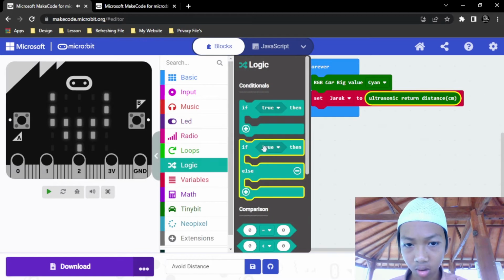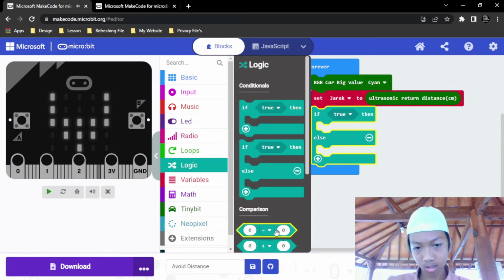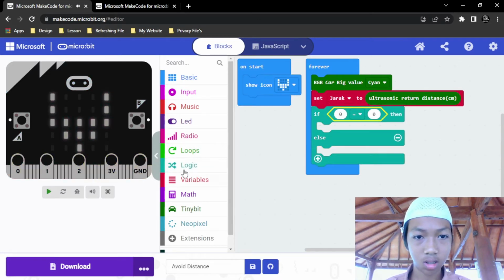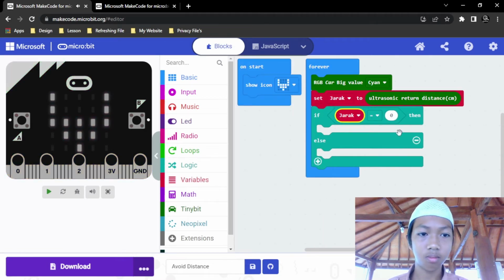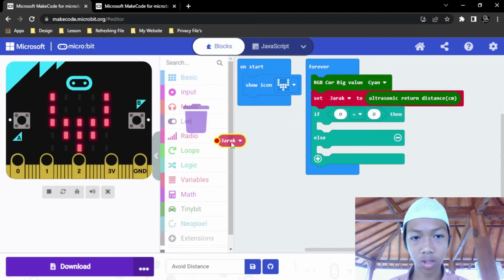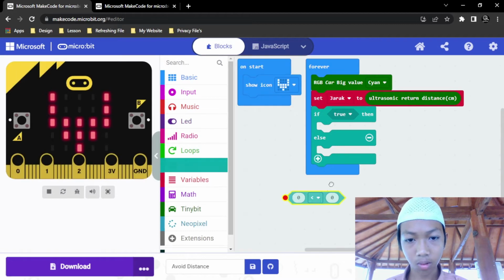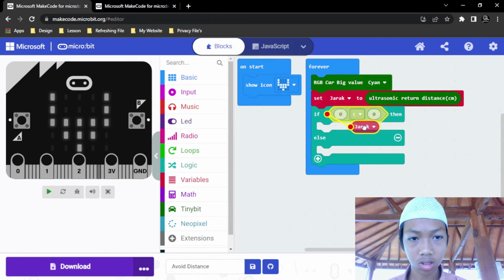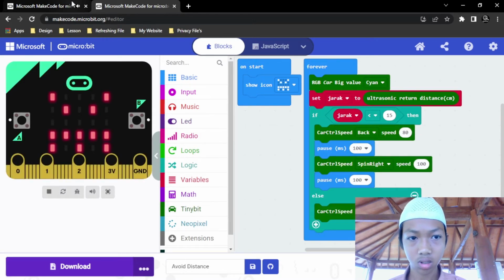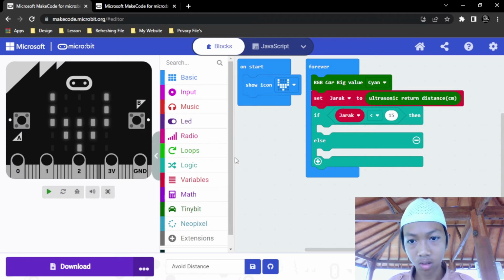Then go to the logic, take if true, and take the same as, and then take this jarak. Wait, I'm wrong. We'll not check that, but take this one and take a variable. Then the number is 15, and then